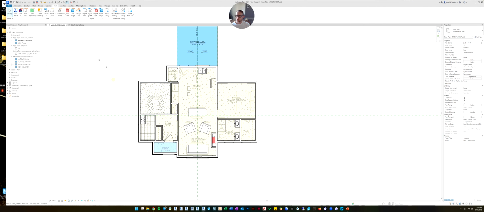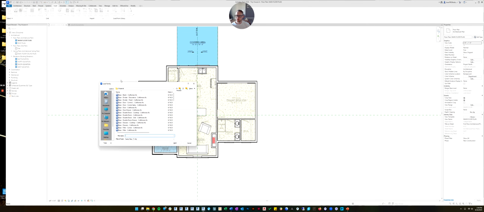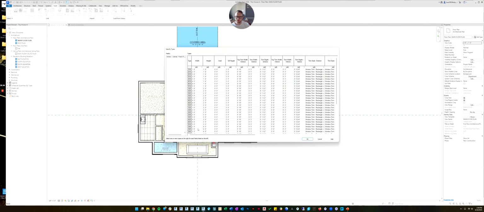All right, so now let's maybe load. Let's go back and let's load a front door. Well, let's load our windows, actually. Let's do a picture window. So you have all these different types: awning, double casement, casement, double hung, arch, ellipsed, round, fixed. We're just going to do a regular fixed window. And there are a lot of types of windows because there's so many sizes.